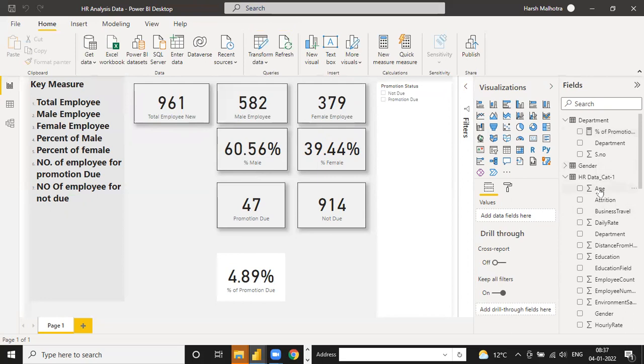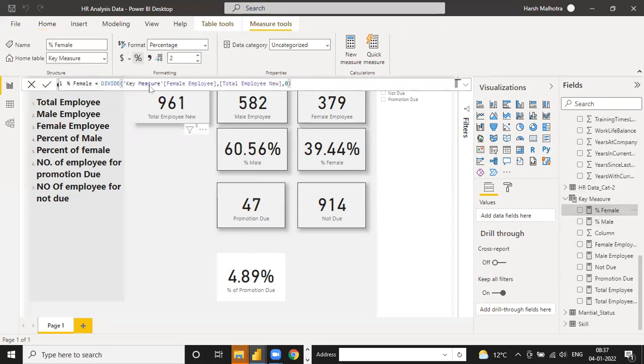Suppose in the male percentage, it is how easy. Let me show you. In the male or female percentage, it is just one line. But for that, you have created two measures, one female and one new total employee. So if you create this female employee in a variable, you can use the variable, no worry. Only for basic key measures you cannot use a variable, but for all advanced measures, time intelligence, or logical text functions, you can use variables. For all advanced analytical and further calculation functions, you can use any variable method.